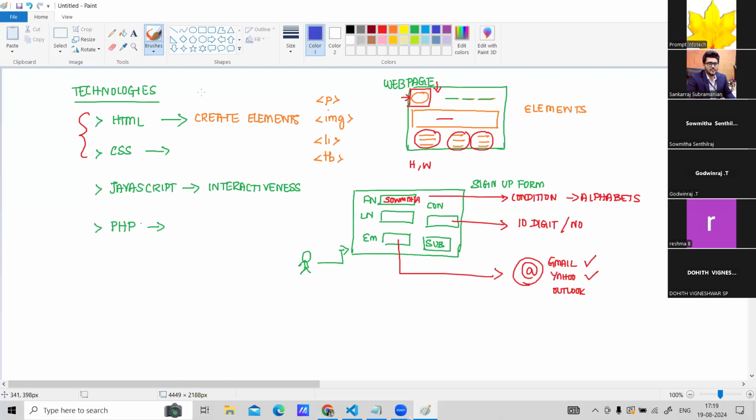Before entering into the PHP topic, I'll tell you there are two things to know when you design a web page. One is front end and another one is back end. There is something called front end and there is something called back end. So when you design a web page,